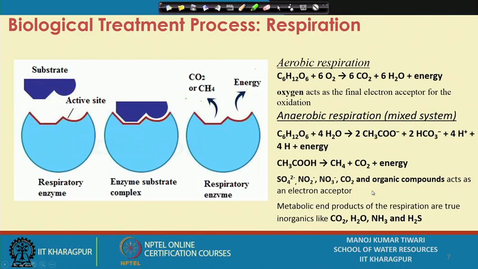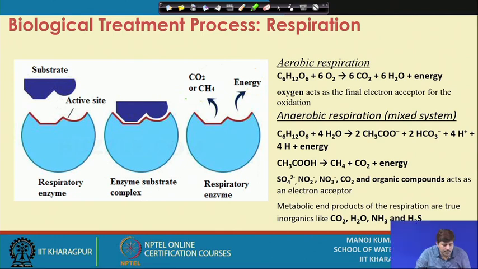If you see the respiration process, there has to be a respiratory enzyme. There is typically a respiratory enzyme which has an active site, and then there is a substrate which comes onto this active site and forms an enzyme substrate complex. At this active site, at this surface, the substrate is broken down, energy is released, and smaller compounds like CO2 or CH4 are released depending on the kind of process. And your respiratory enzyme